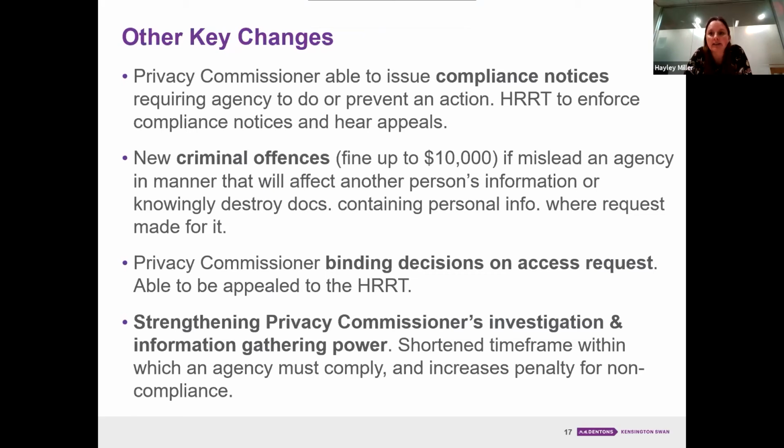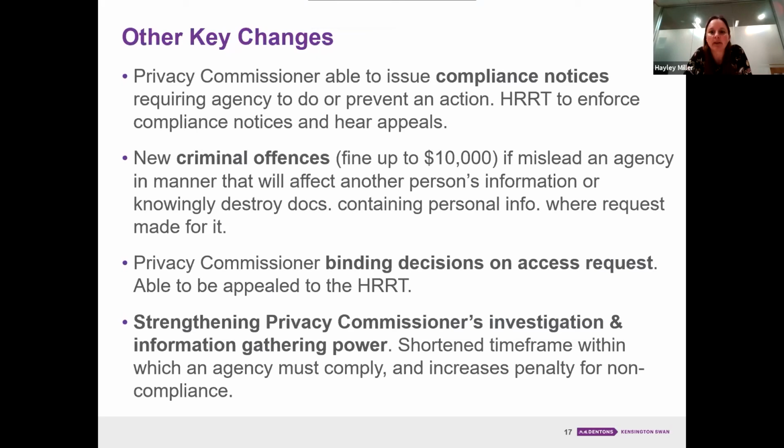And another reason why you'd certainly want to answer if the Privacy Commissioner comes knocking is that they are getting much better investigative and information gathering powers. So obviously, if we all think about the Commerce Commission and the phrase dawn raids, they have a lot of power, and certainly having policies and procedures about how to deal with them is important. Similarly now for the Privacy Commissioner in terms of complying with what they want and actually doing it.